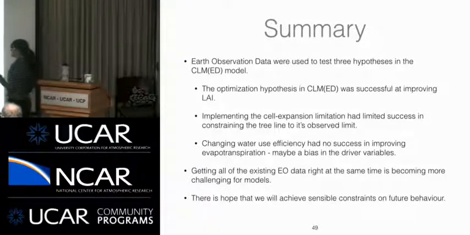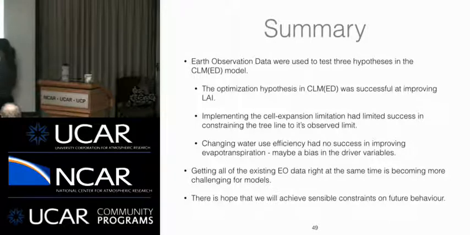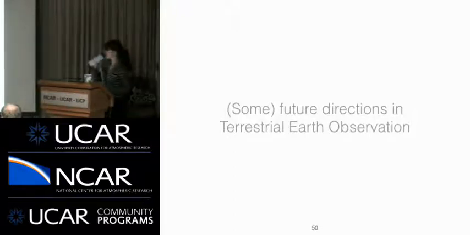This is interesting because it means that with the proliferation of these new Earth observation products, newer and older, it's quite difficult for a model to get them all right at the same time. We're approaching a state where constraining the model to get GPP, evapotranspiration, leaf area index, biomass, canopy height, etc., is actually quite difficult. And those things should, in time, constrain us towards a more consistent prediction of future carbon exchange with the atmosphere. So, on that note, I'm going to talk about some